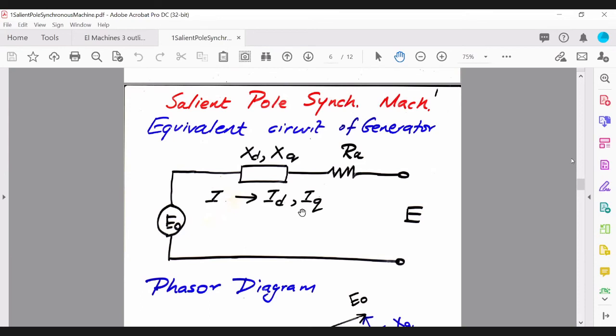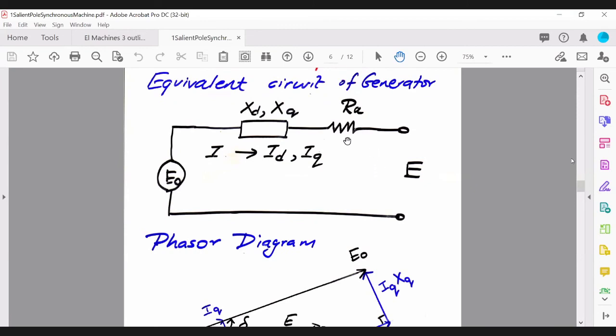So you'll have I_D and I_Q, right? And again, we will basically apply the same principle to draw the phasor diagram, where the sum of the voltage at the terminal plus the drop across the resistance and the two components there will give the induced voltage